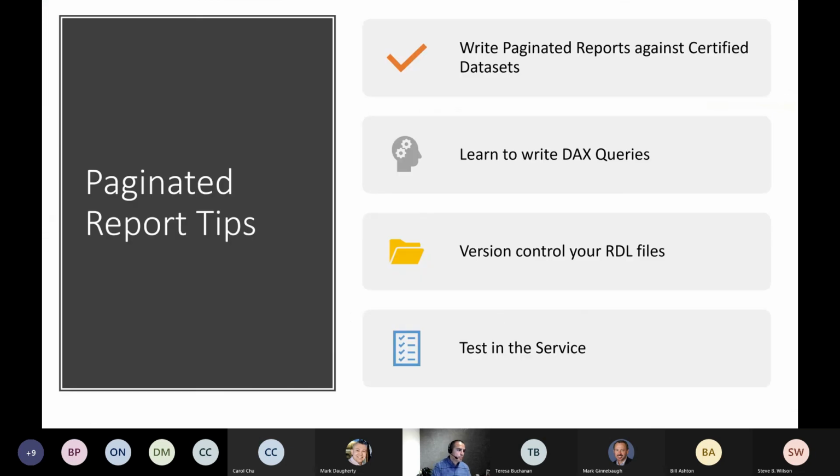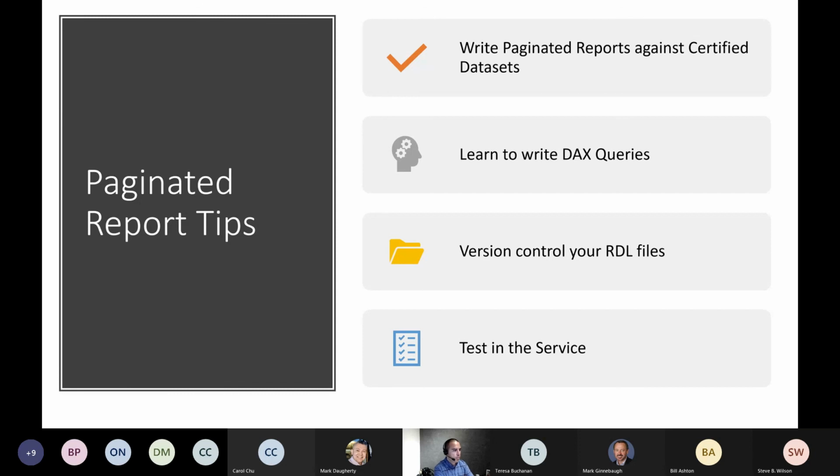Okay, so some report tips. So again, I think paginated reports can connect to SQL Server databases, especially if you're working with Azure SQL databases or your platform as a service databases, Azure SQL DB, or if you're using Synapse, you can probably connect to your SQL pools. But you stand a risk of